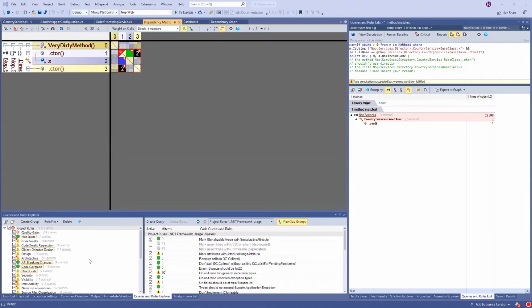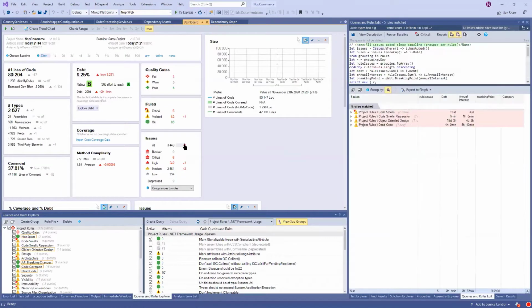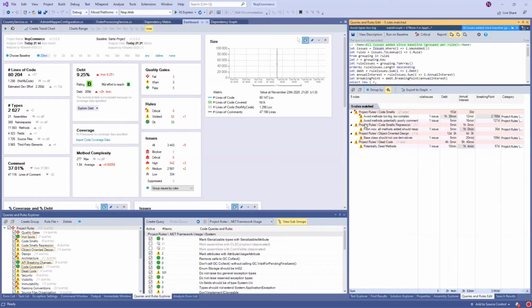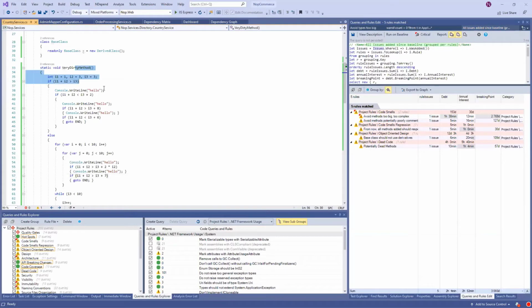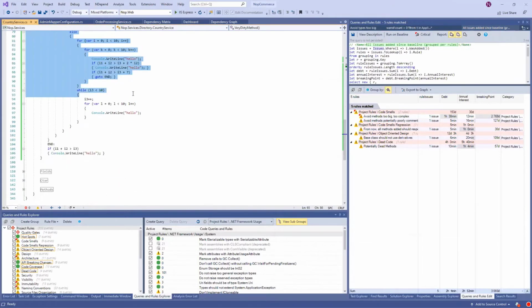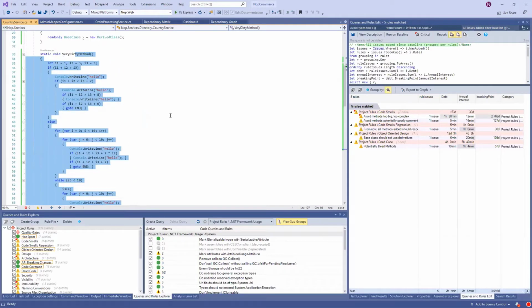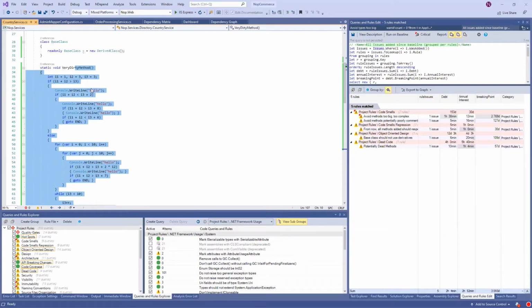A lot of users say that about all these default rule sets. Maybe it's not clear from my demonstration, but if I go back here, you remember I introduced a very big, complex method, and it says that the debt for the dirty method is 1 hour 38 minutes. Of course it's not very realistic, but typically we all know this kind of method. And I think it's quite realistic to think that I need 1.5 hours to make it clean.